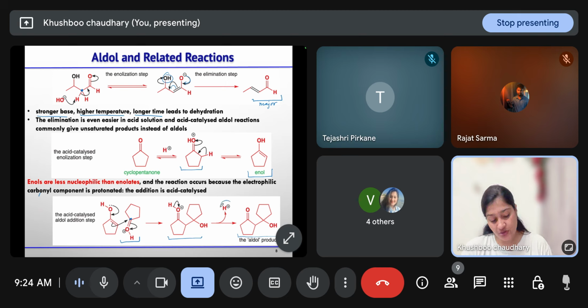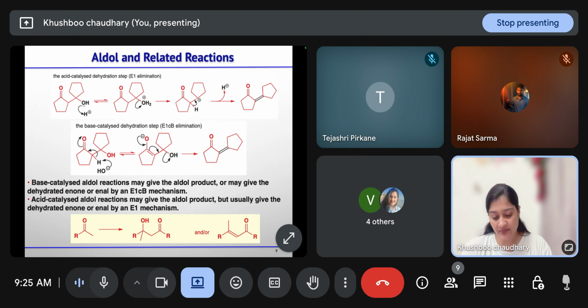And in this case also your acid is released at the last step, and that's why it is also needed in the catalytic amount. Now once this aldol product is generated, acid is already there in the system, so the hydroxy group is protonated by the acid, and a more stable leaving group will generate. Once this leaving group leaves, you will get a tertiary carbocation. And then after the loss of proton, you will get this alpha beta unsaturated ketone.